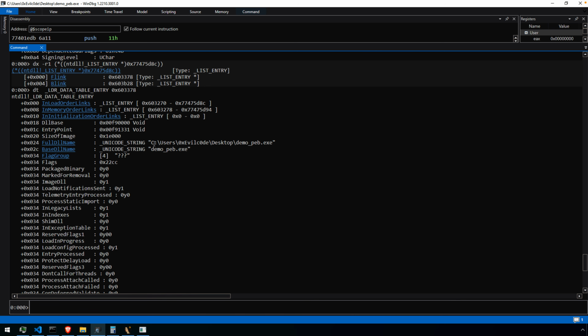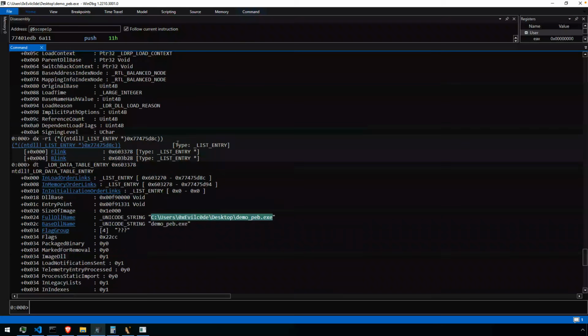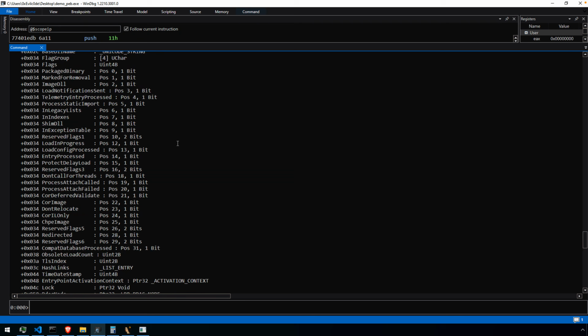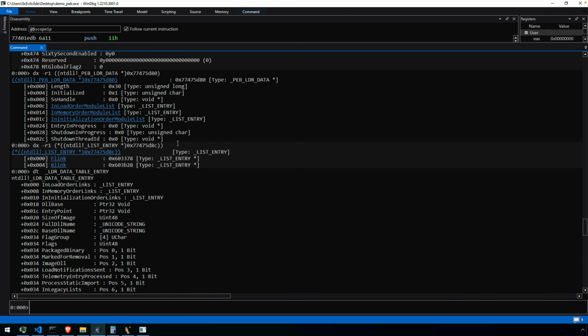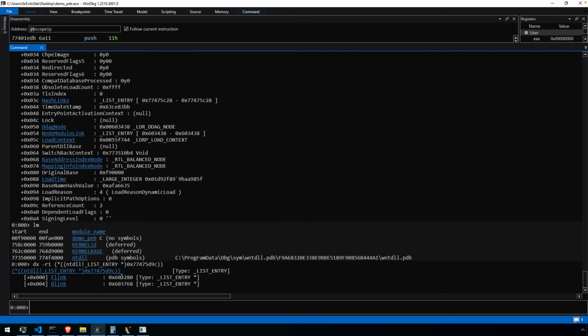Now, if you're trying to import functionality, you probably don't need a pointer to yourself. But if we go back, again, PEB loader data, one structure off from the PEB, we have the in initialization order module list. And why there are three lists is because, as the name implies, the sequence of DLL entries in the doubly linked list will vary depending on the list that you're looking at. So in the initialization order module list, which is located here,